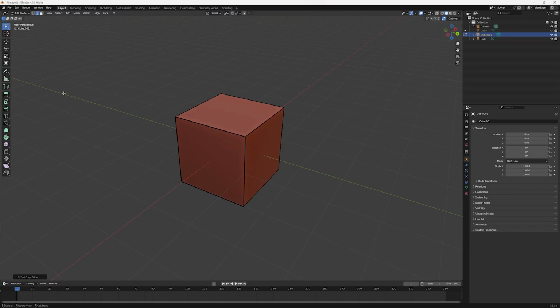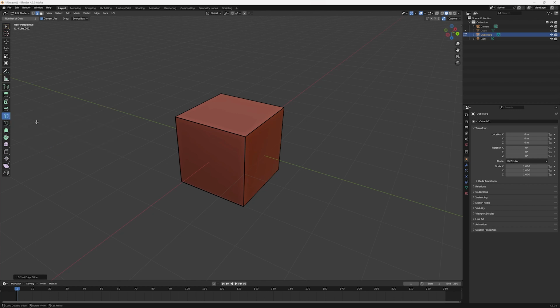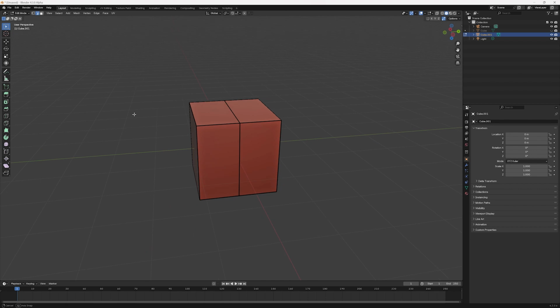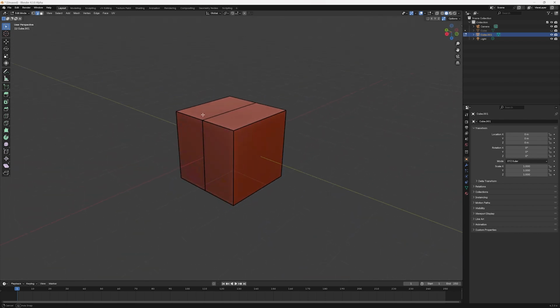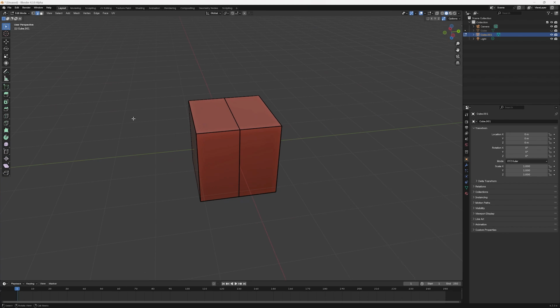The next entry in the toolbar is the Loop Cut tool. In fact, there are two tools available here: the Loop Cut, which is the default option, and the Offset Edge Loop Cut. The Loop Cut tool gives us a quick and simple way to create a new loop of edges around a set of quad faces. Although we could manage to do the same thing using subdivide, this tool gives us a lot more control over